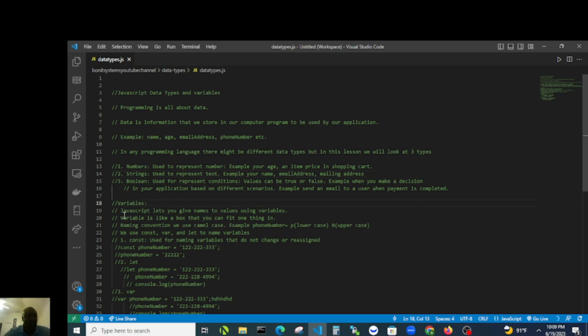And variables: JavaScript lets you give names to variables. Let's say you have a phone number, so you're going to give a name to it. A variable is like a box where you fit in one thing. So you might have a phone number, maybe 1, 2, 3, 4, 5,